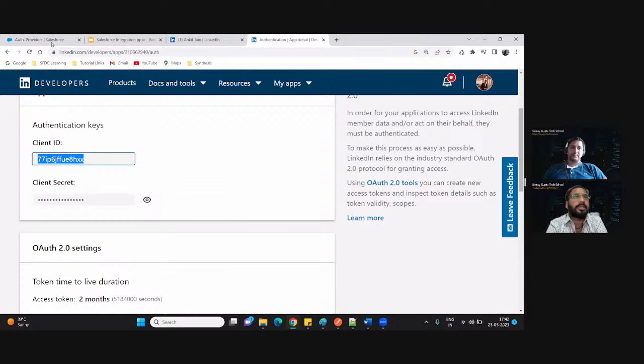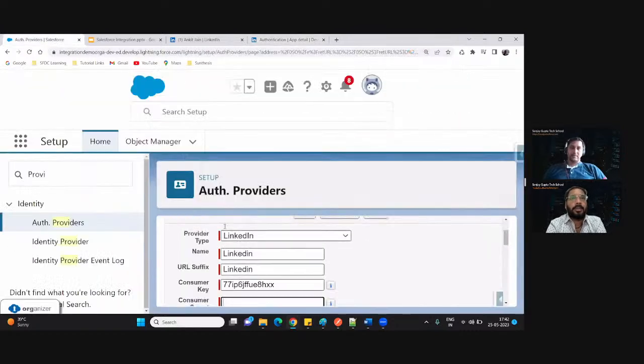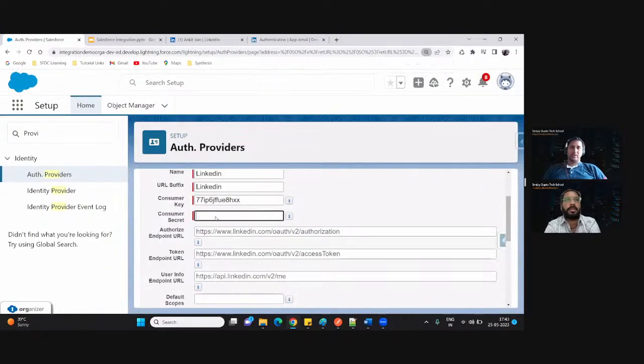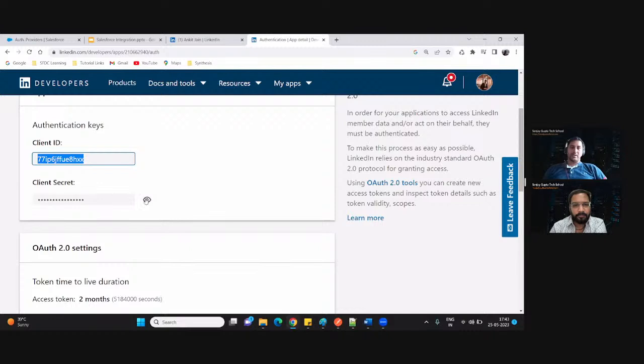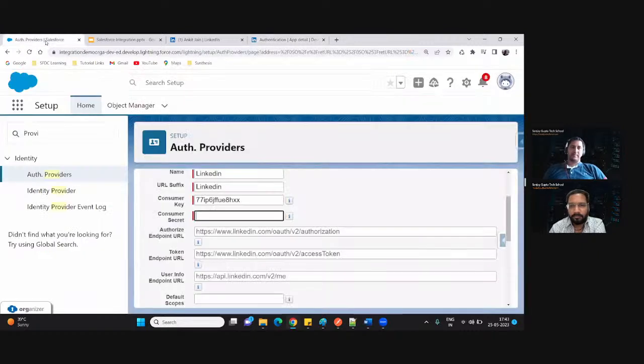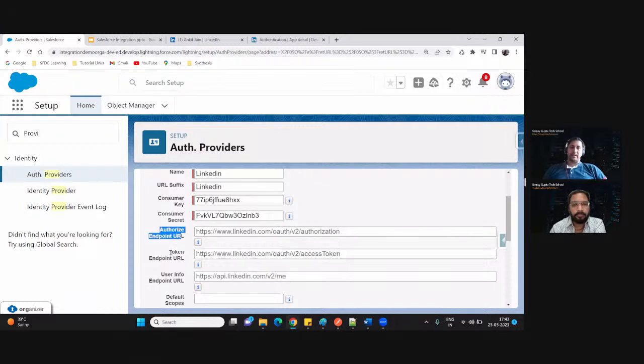Again, on the Salesforce side, if you can zoom in a little bit. Yeah, now it is better. So here we put the consumer secret as well. I'm copying the consumer secret from here and pasting it here. Now, the next thing to specify is the authorized endpoint URL and the token endpoint URL.